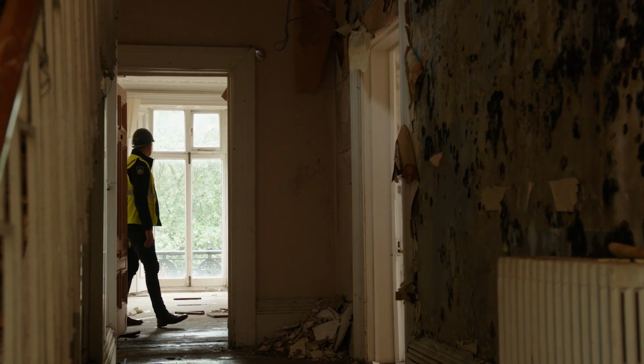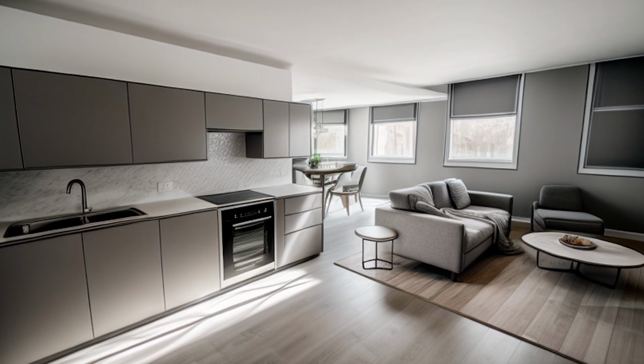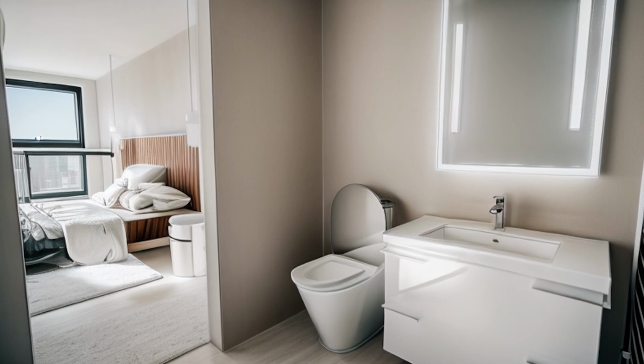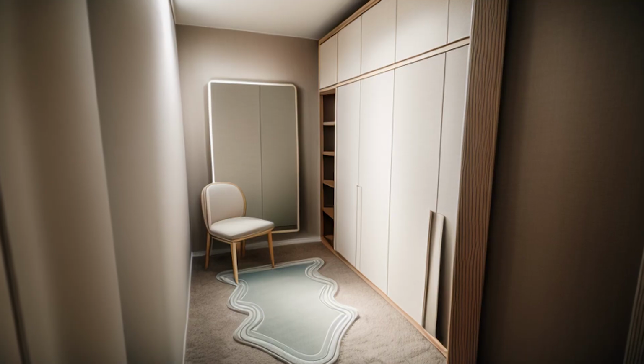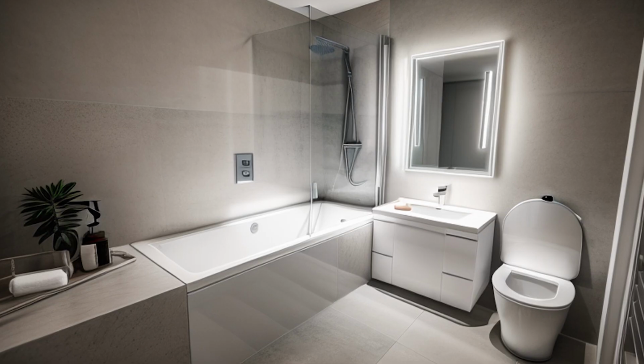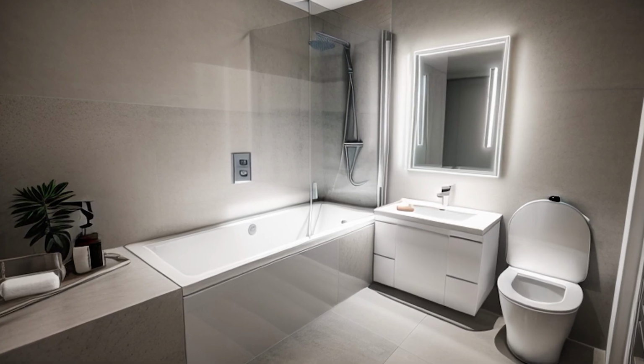I'll then draw them up in 3D. This means that the investor will have a clear view of what their apartment will look like. So we do 3D drawings which you can walk around, and then the rendering. So the rendering is photorealistic, so they get to see actually what it would look like furnished,